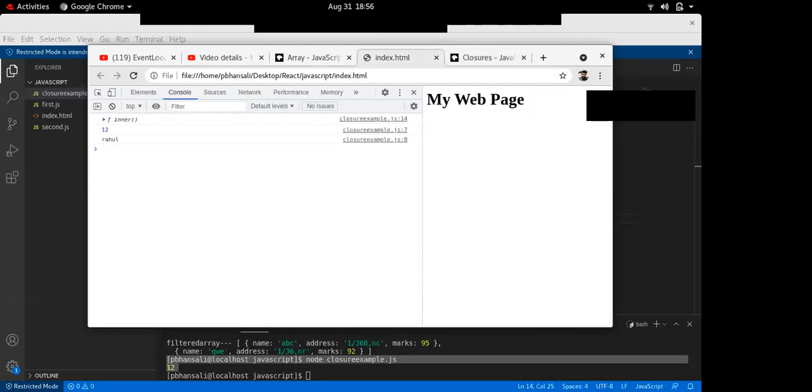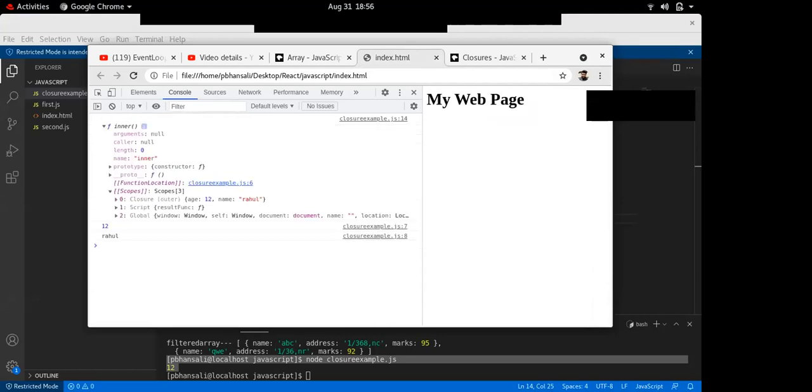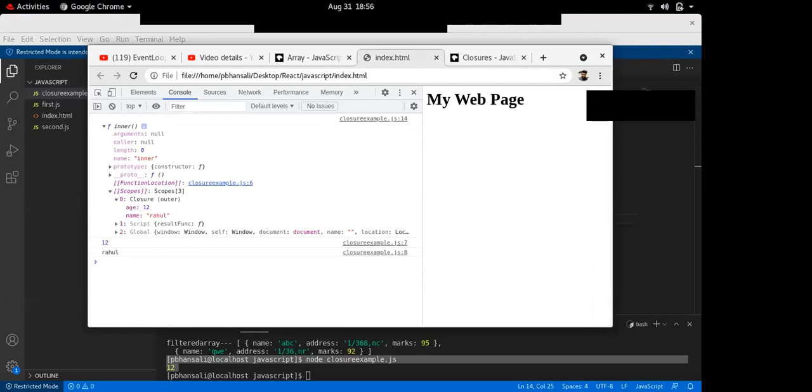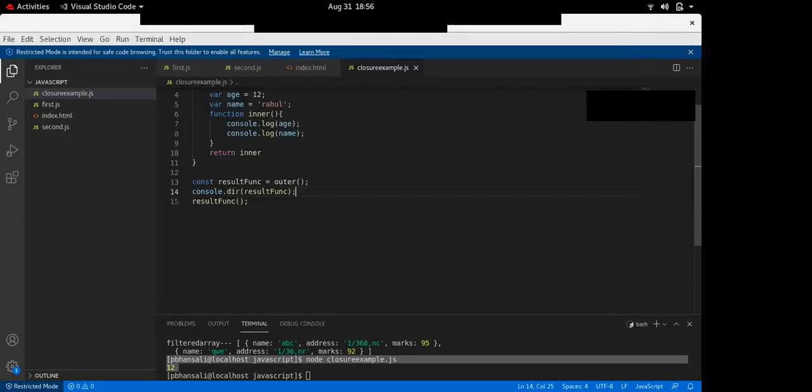You can see in the closures you have age and name. So from there, this result function is taking the values and printing it.